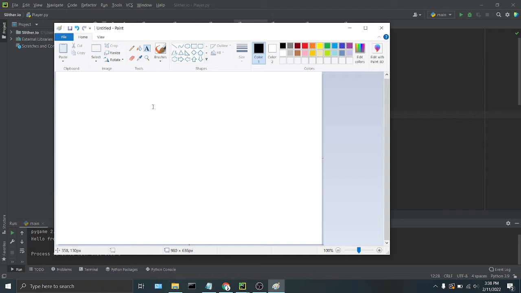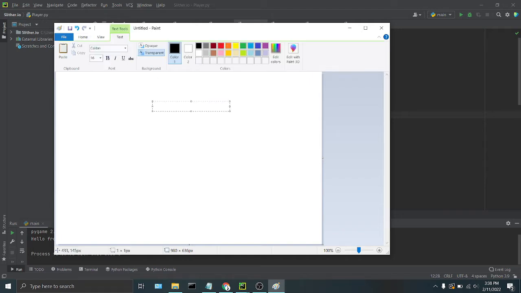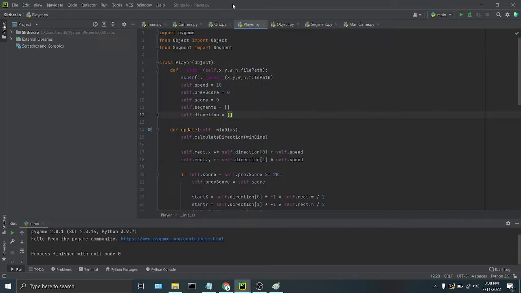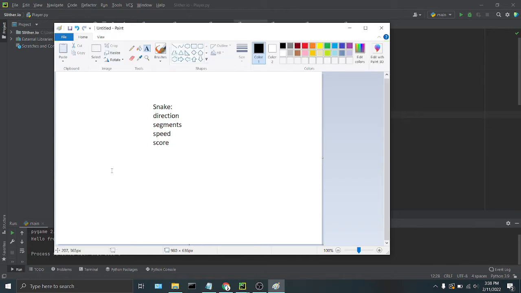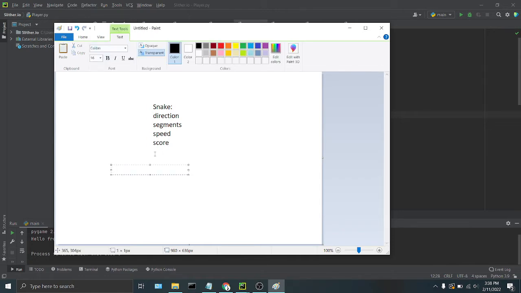We're going to have an AI class, or sorry, a snake class, which will have the direction, segments variable, and well, we had a whole bunch of stuff here. What else did we have? We had speed, score. So the snake is going to have all these commonalities, but from the snake class we're going to create a